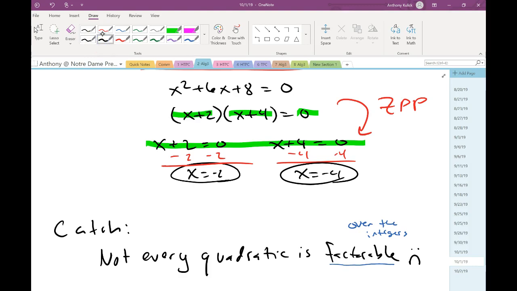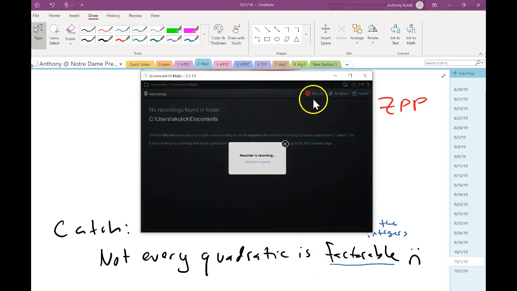That's as much as I want to do today. I want to introduce this idea of solving by factoring, because I still would like us to practice more with the factoring. This is a great avenue to doing more factoring practice. Plus, I think we're almost out of time here. So that's good timing on my part. If you guys check